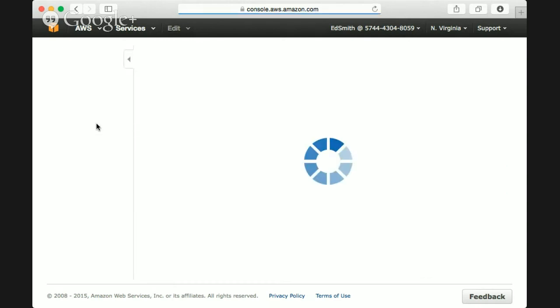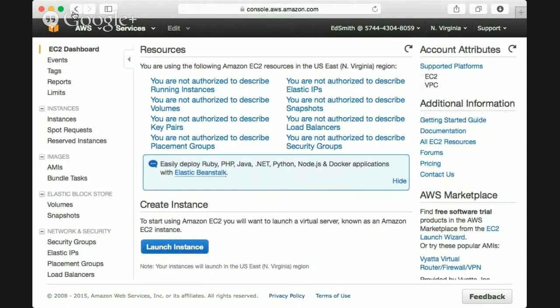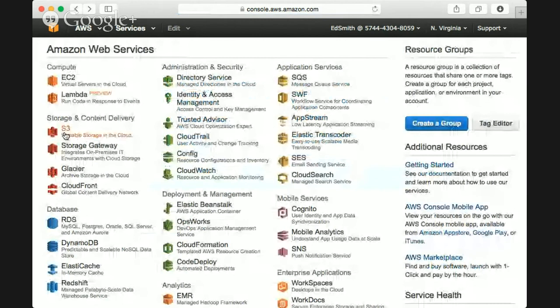Hopefully you've taken a look. Again, you can click on EC2. It's going to say not going to happen. You can click on S3. It's not going to happen. So I need to go back and set up policy for you. Okay, so I'm going to go back into my